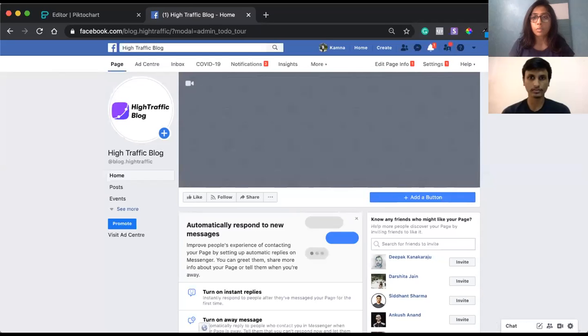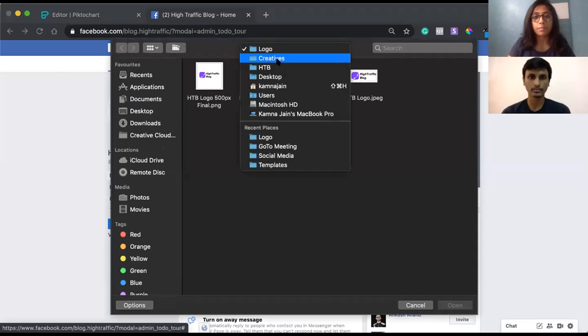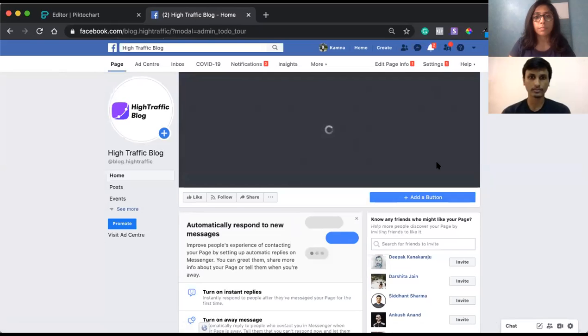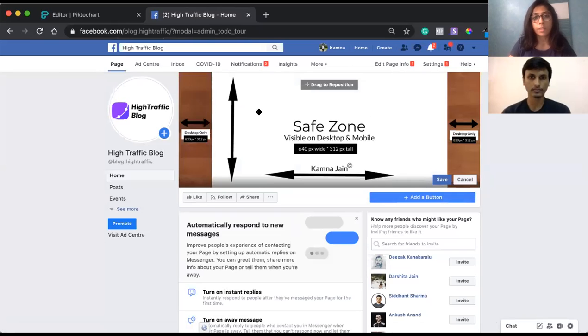So I'll quickly upload this here so that it's easy to understand how it looks and why these dimensions are really important. So this is what I mean. Most people will not open your cover photo; it's just something visible on the page. As you can see, the top part is not visible, and if you open it on mobile, the left and right sides will not be visible. So for any important thing, like your logo or some text you have written, make sure it does not exceed this white line and stays inside it. Anything else can be outside.